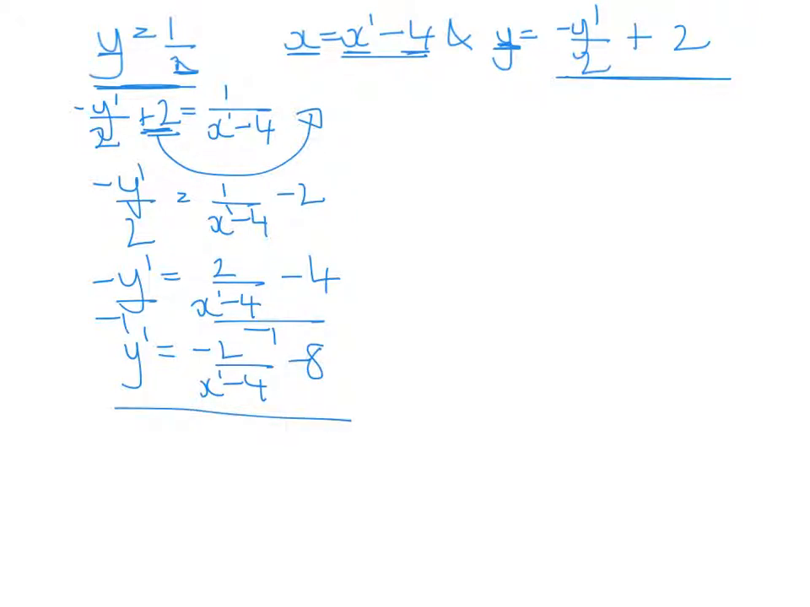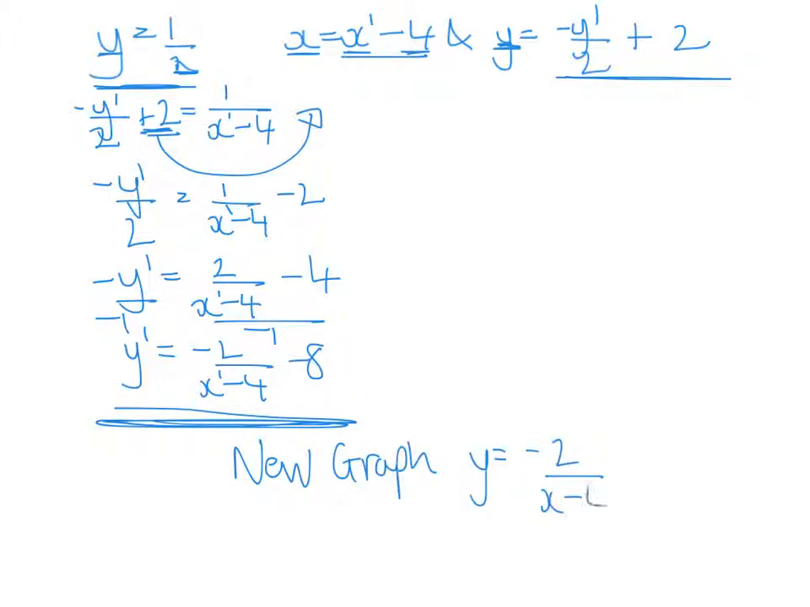Alrighty, so there is our new graph after all the translations have happened. So the new graph will be equal to y equals minus 2 over x minus 4